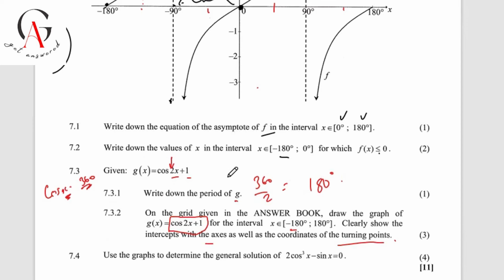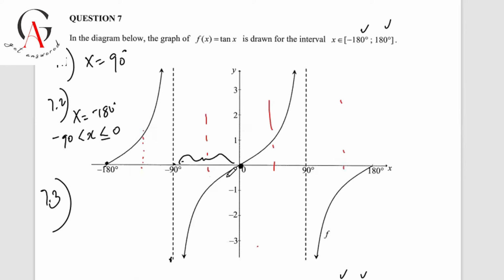Okay, so at negative 180, I'm having a positive 2. Then at negative 135, I'm having a 1, which is there. Negative 90 is 0. Then I'm having a 1, then at 0 I'm having a 2. That, I'm having a 1. That's a 0. Then that's a 1. And then that's a 2. Somewhere there. And then all I have to do is connect this